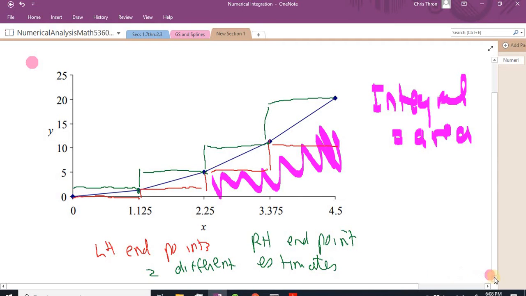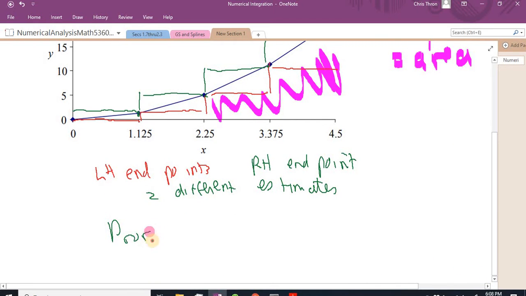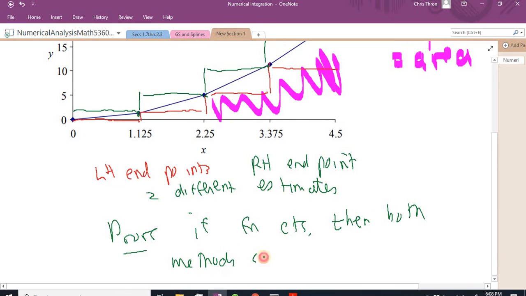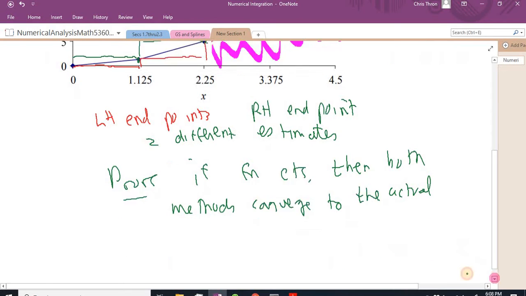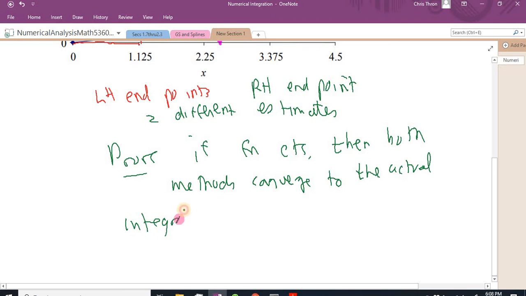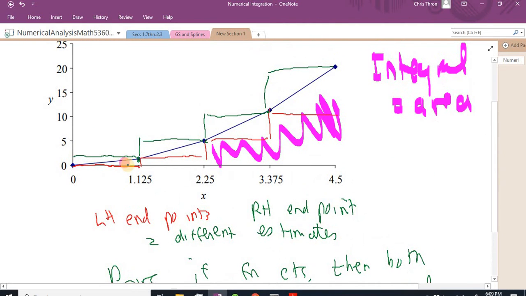And you can prove that if the function is continuous, then both methods converge to the actual integral as the step size goes to 0. Okay. All right. But you can see here that practically these are extremely inaccurate,